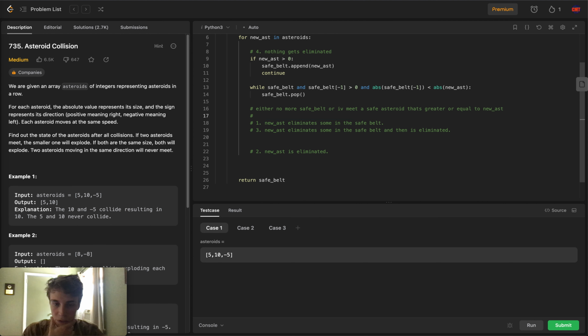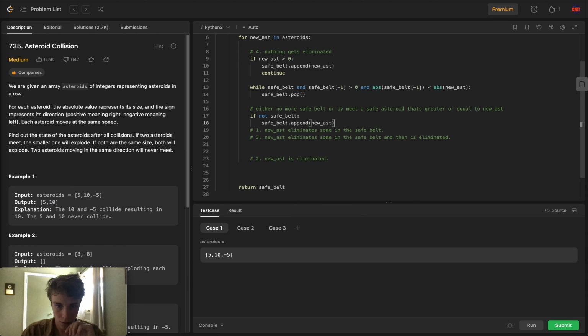Okay, so how do I do that? If not safe belt, then could I just safe belt append new asteroid, right? What about if